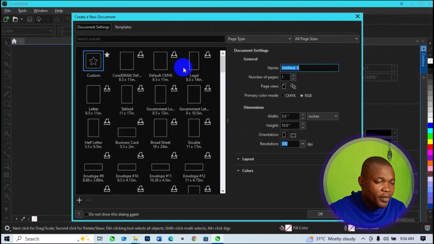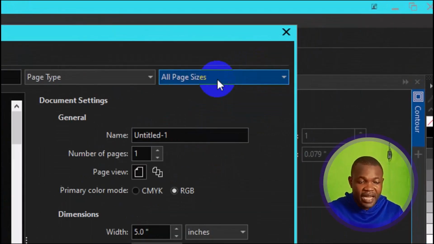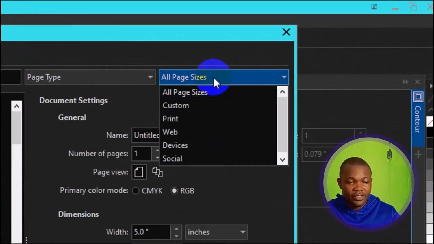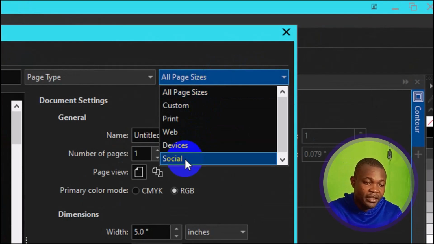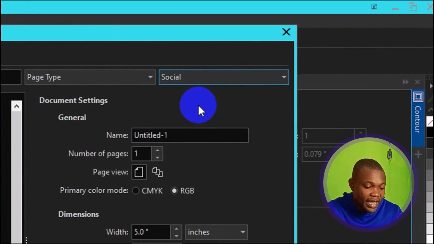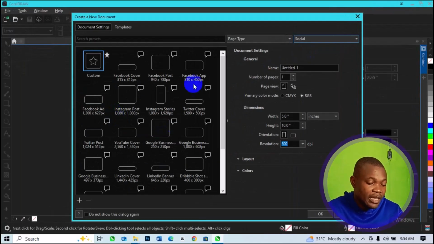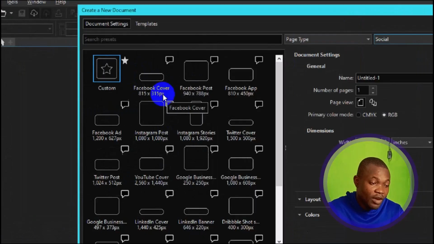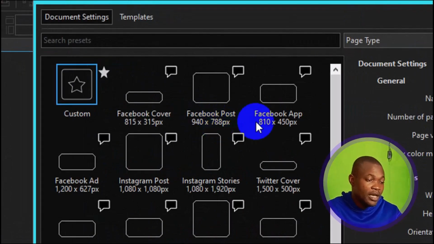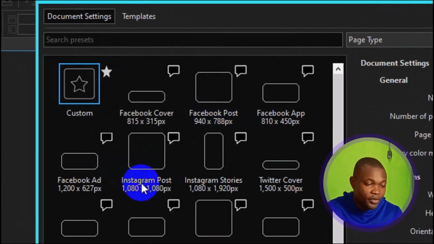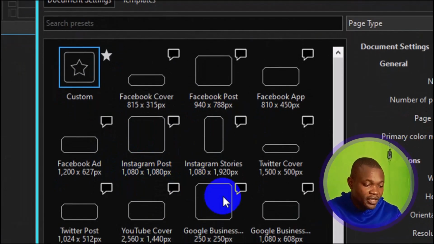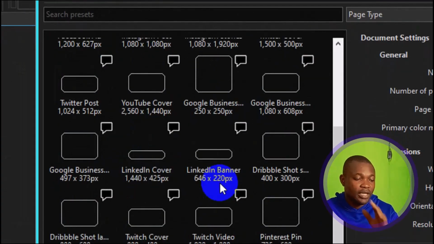And this is going to pop up right here. Next thing you want to do is to go ahead and first make sure you navigate to the top right here. Click on All Pages Size. Then here, what you want to do is to go ahead and select Social Media right here. When you click on Social, then it's going to display some of the templates right here. Here you have Facebook cover, you have Facebook post, you have Facebook ads, and Instagram post or what have you. So from the options right here, you can go ahead and choose any of the templates